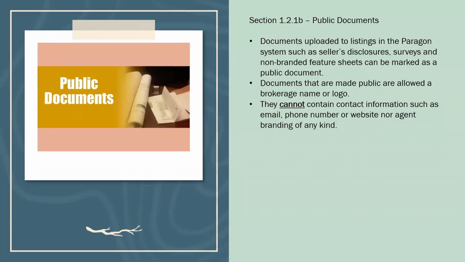Public documents. Public documents that you can upload into the system are basically like a coming soon addendum, or a broker exclusive form, or any kind of documentation that's considered public. It can have your logo, the brokerage logo on it, but it cannot contain any contact information. So no emails, no phone numbers, no website for the agent or the brokerage or anything like that. The logo, yes. Other than that, no. So if you're uploading a contract or a coming soon addendum on the letterhead of ABC Brokerage, that's okay as long as there's no contact information underneath that letterhead.